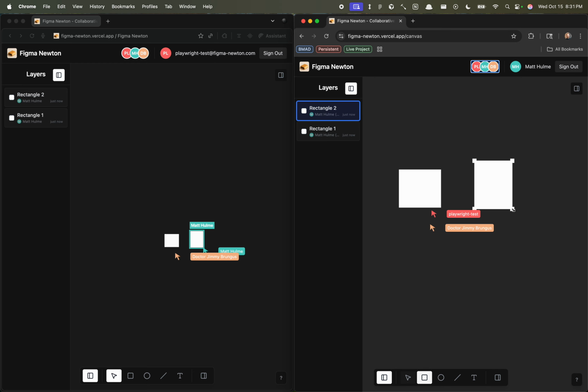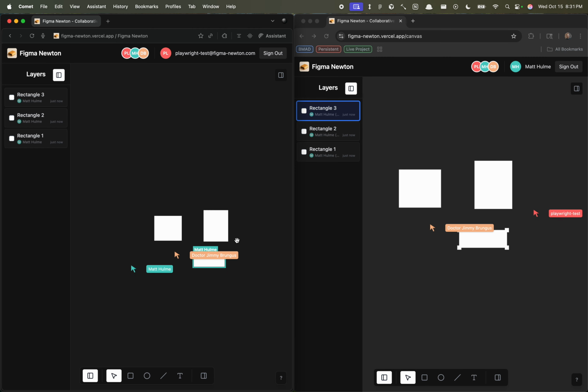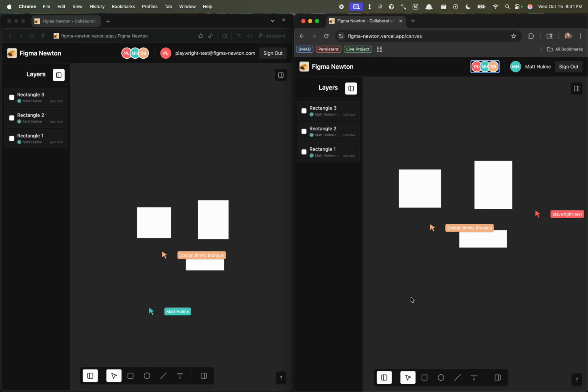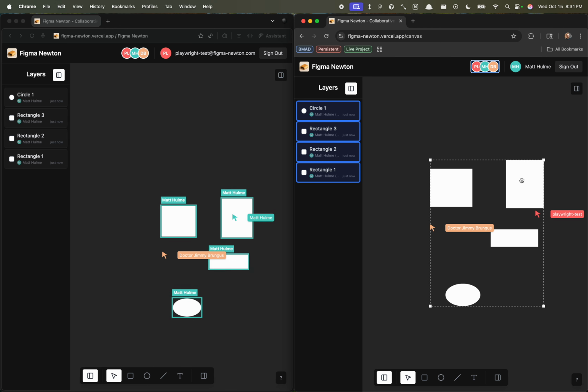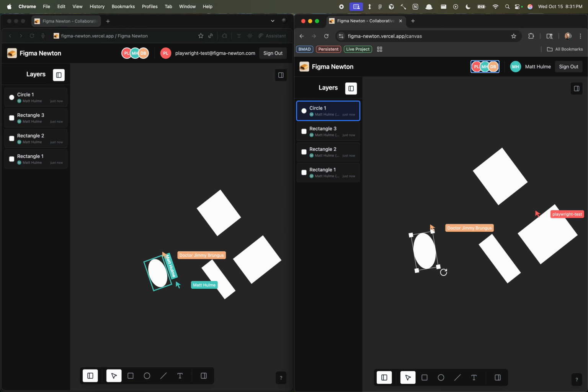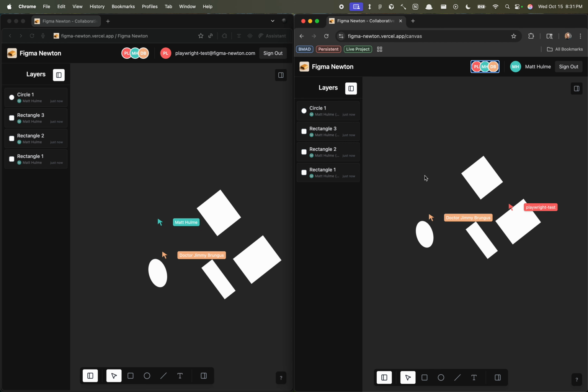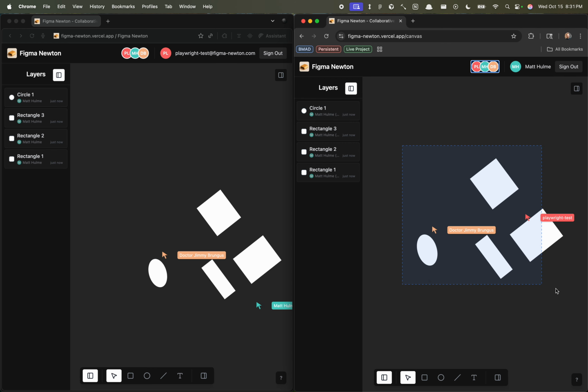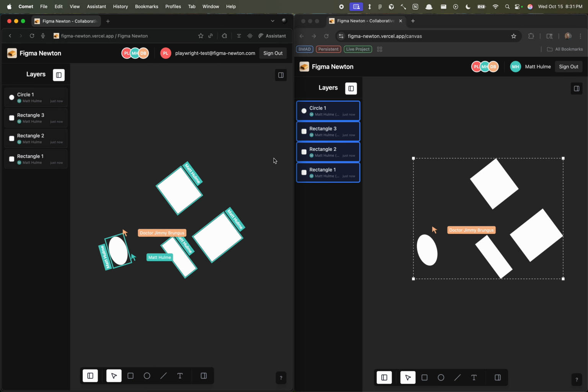I can start drawing some shapes. Let's zoom in a little bit so they're similar. Start drawing some shapes, grab it, move it around, rotate the whole thing, rotate an individual object. Pretty neat. The way I handled multi-edits, or conflicting edits, is I did a locking system at first, but